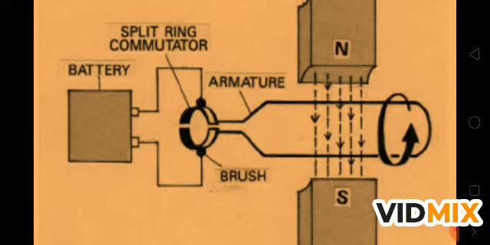Here we apply that rule and find how the coil rotates in the presence of the magnetic field. And when the shaft is there, whatever you have fitted on the shaft, a blade or anything, will rotate and perform the work. We discussed this in the chapter video. If you have that video, go through it and understand what the electric motor is and how it works. We are just revising the parts of an electric motor. The parts of an electric motor are magnetic field, armature, split ring, battery, and carbon brushes.